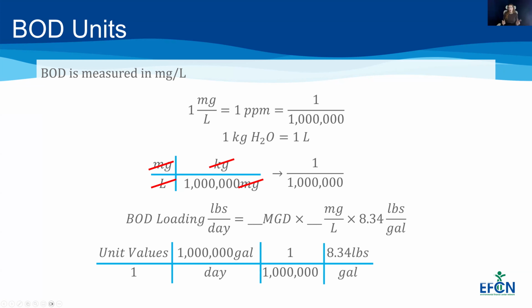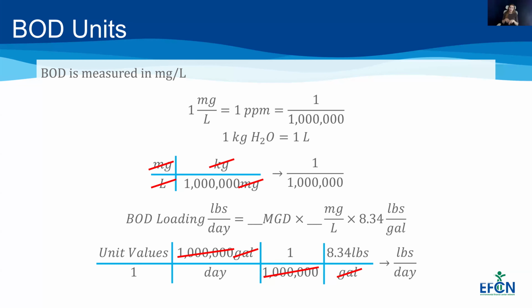A million gallons per day is equal to literally the number 1 million gallons over a day. We take that milligrams per liter becomes 1 over a million. Then we still have our 8.34 pounds per gallon. So that million cancels out with that million, the gallons cancel out with the gallons, and we're left with just pounds per day in terms of the units. And then whatever the values are for the flow and that concentration, we multiply by 8.34, and that would give us how many pounds per day are actually part of our loading.